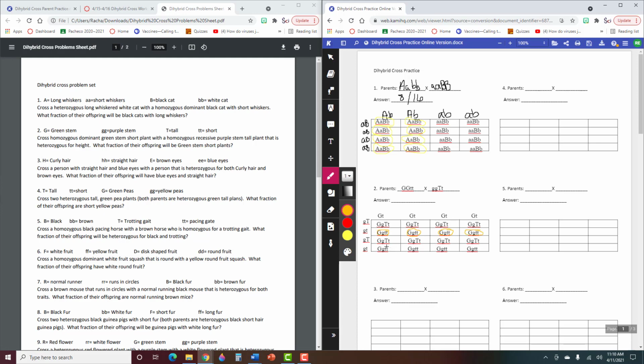None of these, and then this one here. Green stem short plants. These are all green stem short plants. All right, so then same answer as last time. We would put 8 out of 16. Okay, so you're going to continue that, do the whole worksheet, finish all 16 problems, and then you have a